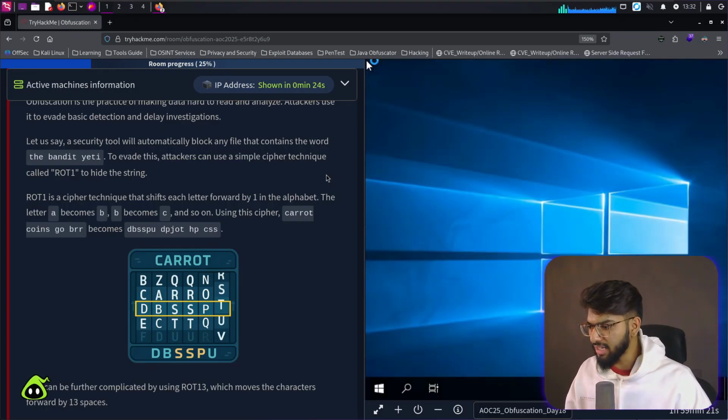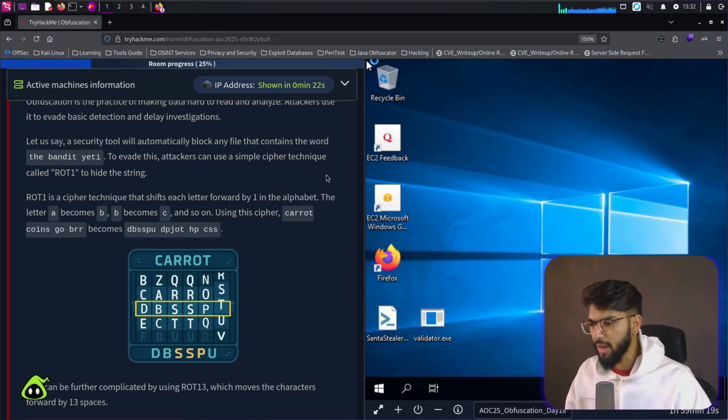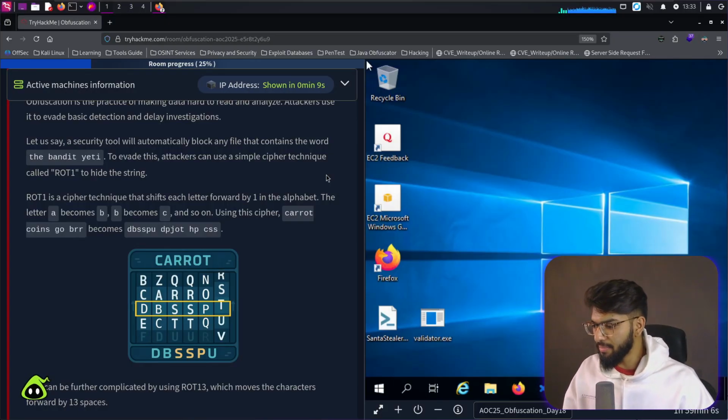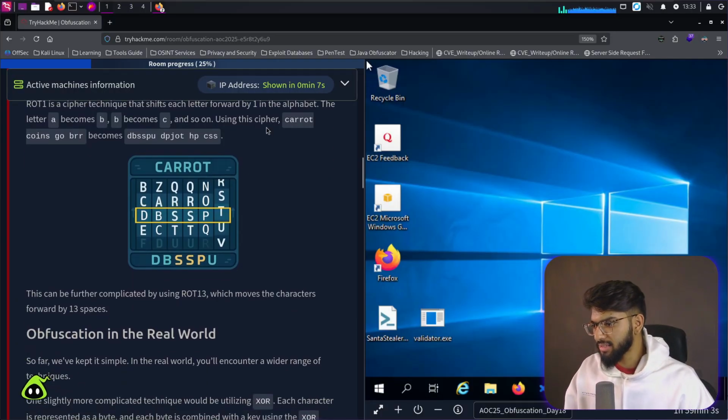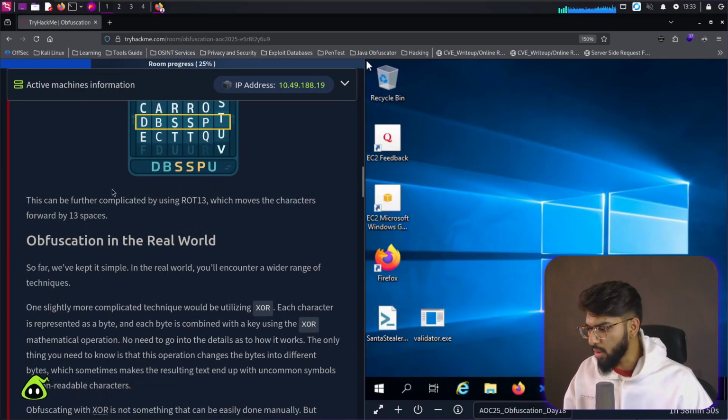ROT1 is a cipher technique that shifts each letter forward by one in the alphabet. The letter A becomes B, B becomes C, and so on. Using the cipher, "carrot coins go BRR" becomes something that we can't really read, or that makes it difficult to read. So that's the thing. Now, if you have the word "carrot coins go BRR", it is moved to DBSSPU DBJOT HPCSS in the ROT1 technique of